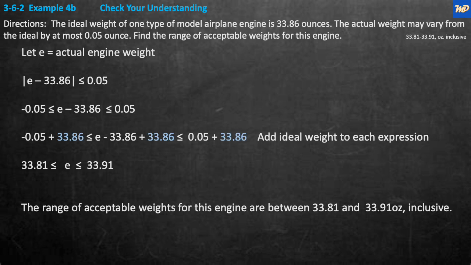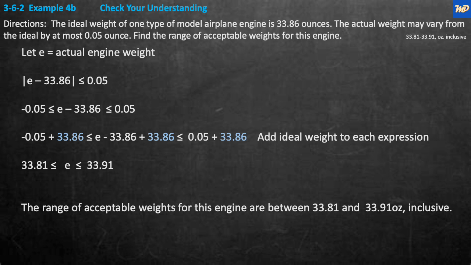Okay, so let's go ahead and look at this. The ideal weight of one type of model airplane is 33.86 ounces. The actual weight may vary from the ideal by at most 0.05 ounces. Find the range of acceptable weights for the engine. So we let E be the actual engine weight. We could have used W, but I chose E. So E minus